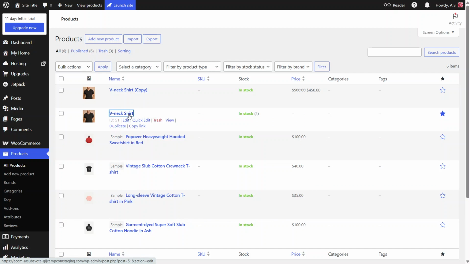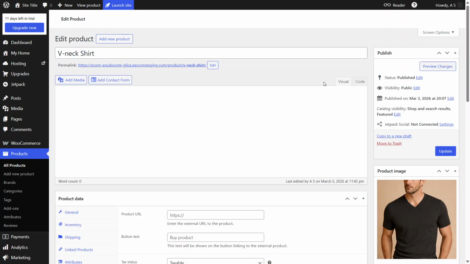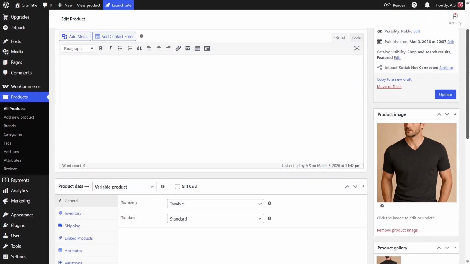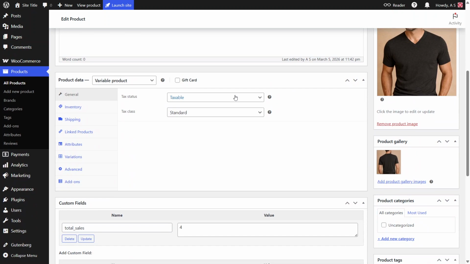Once the product editor is open, scroll down until you see the section called Product Data. This is where most of the important WooCommerce settings live. At the top of this box, there's a drop-down where you can choose the product type. Open that drop-down and make sure variable product is selected. This is essential because only variable products can have different options and variations, like different colors or sizes with their